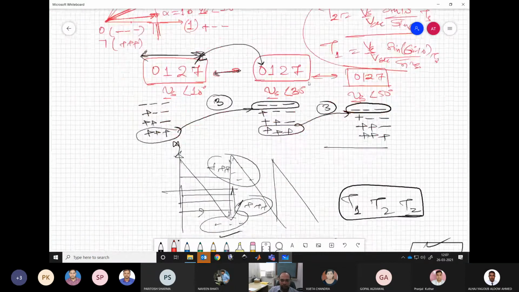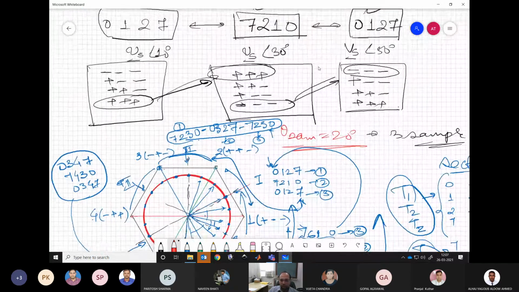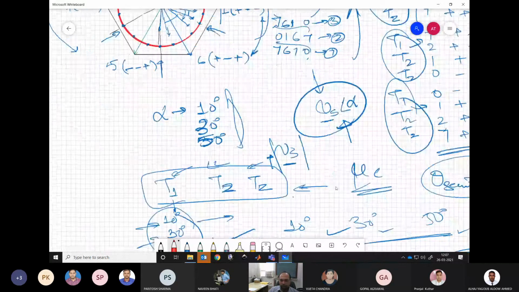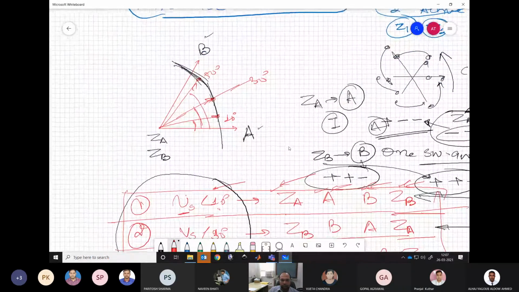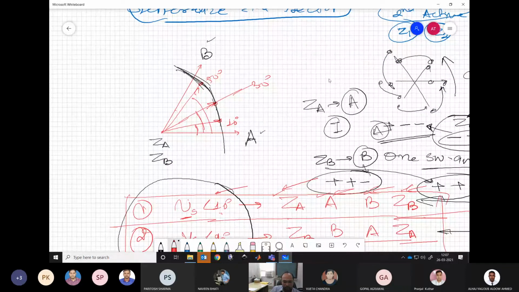Let's say our sector is there and we are trying to realize the vector. So for example, this itself we can take. Now what is happening? We are saying that we are realizing this vector, which is at Vs 10 degree. Now what is the meaning of that? Realizing a vector at this instant, we are realizing it by applying these vector sequences 0, 1 to 7.